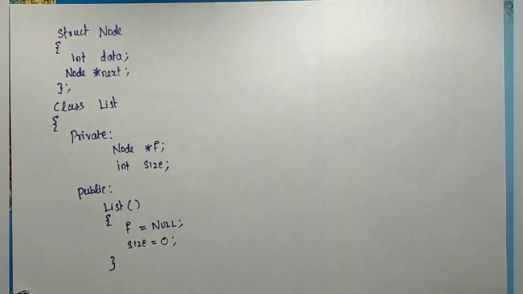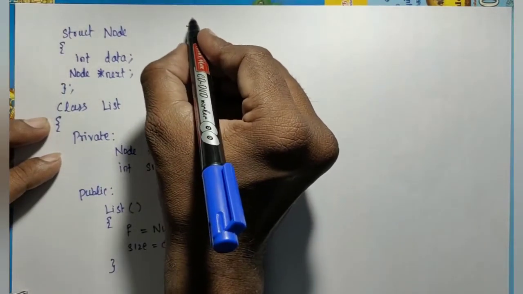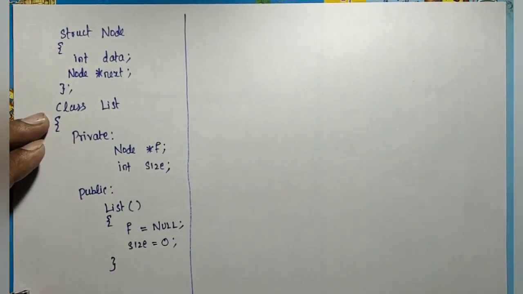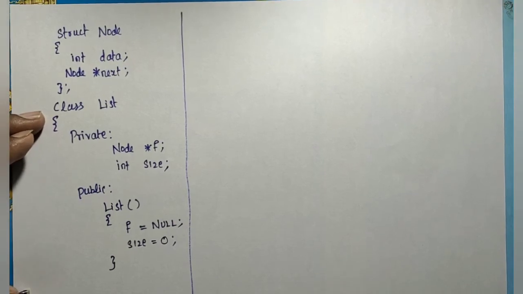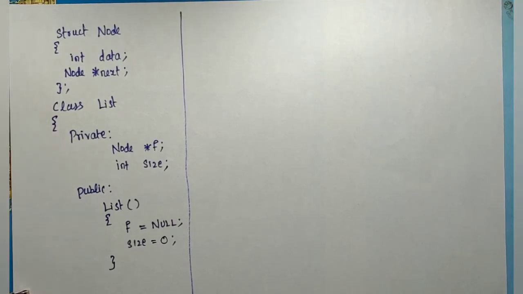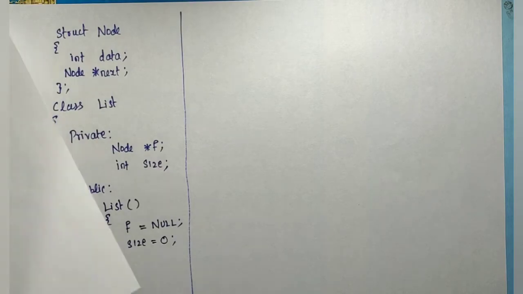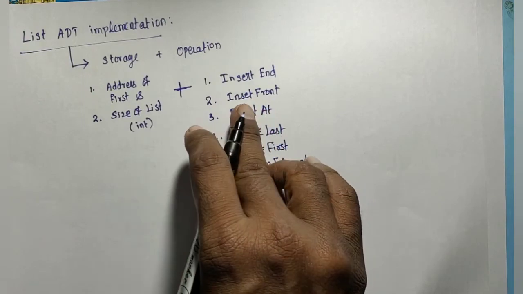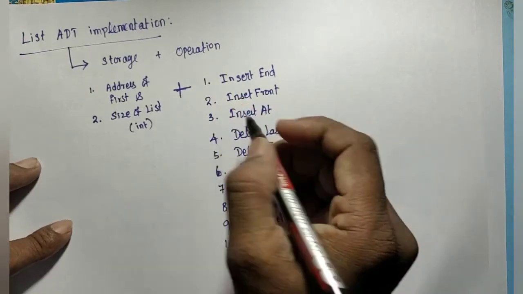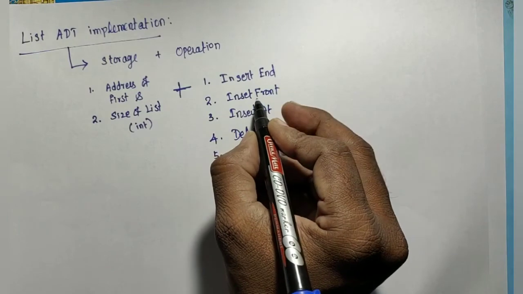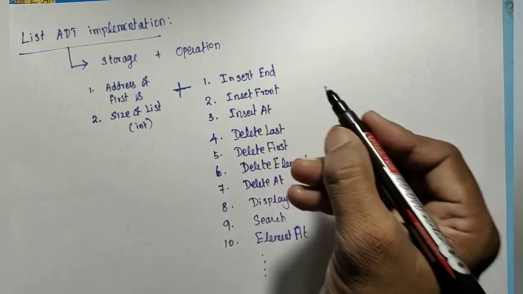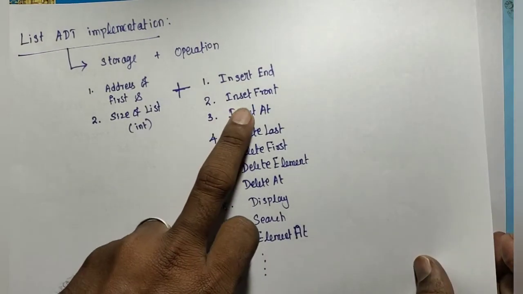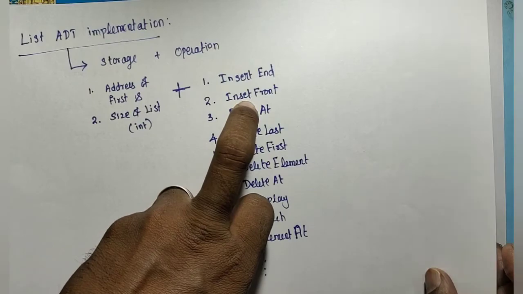First we have to add all the required operations. We will add the operations one by one. First we come to the insert front. This is the simplest operation. Then we will test these functions by inserting elements always at the front, and we will display the content of the list. First, how to define that insert front?